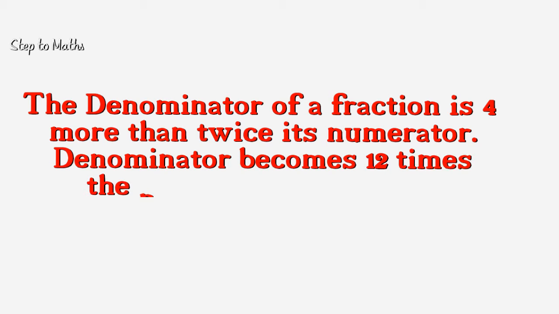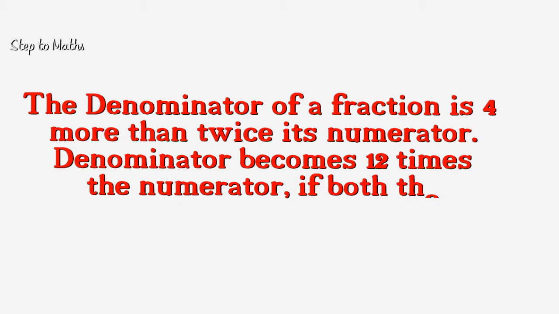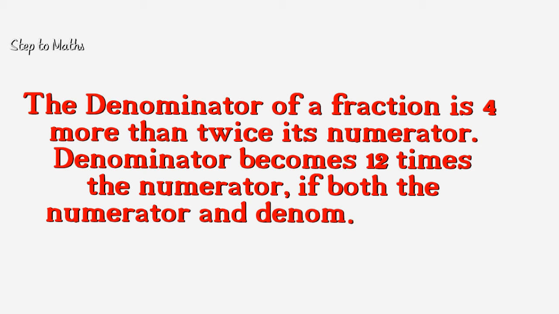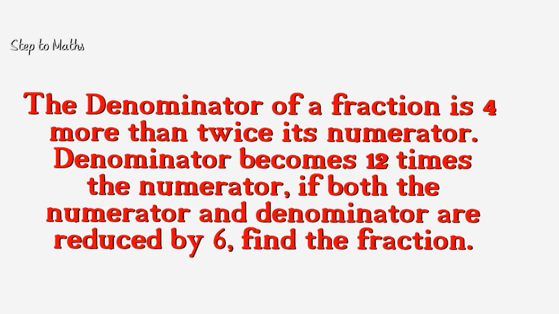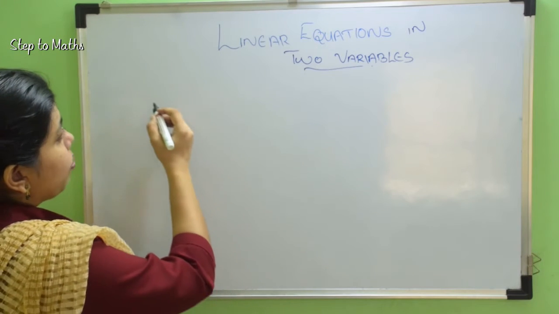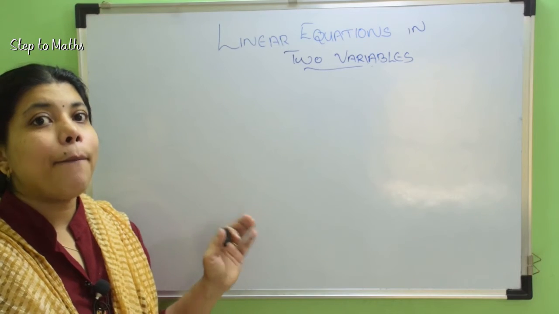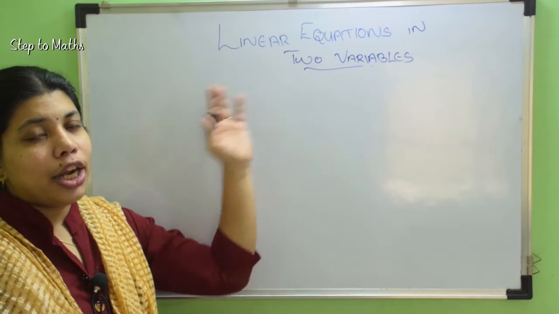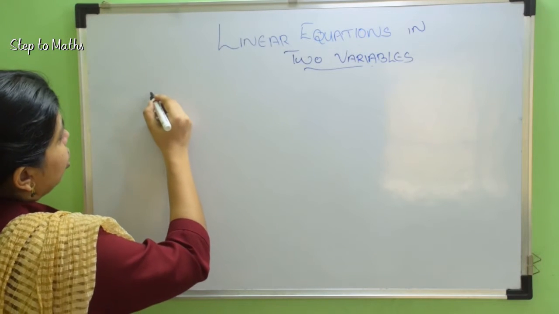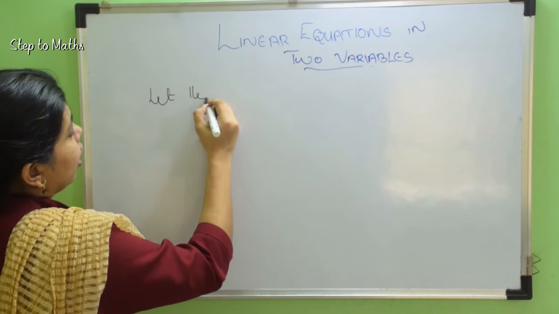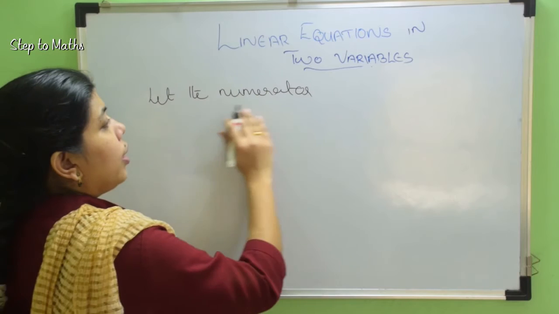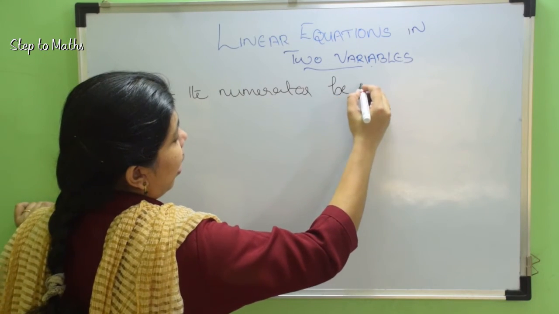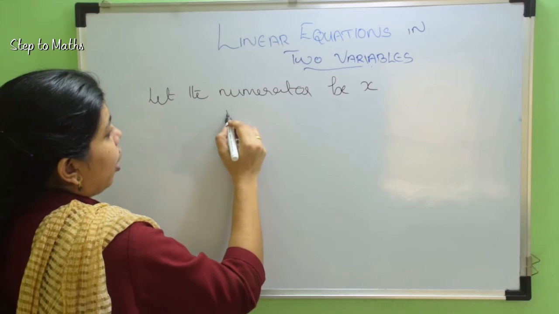Denominator becomes 12 times the numerator if both the numerator and denominator are reduced by 6. Find the fraction. How can we solve this problem? It's an application type question related to linear equations. So let the numerator be taken as x and